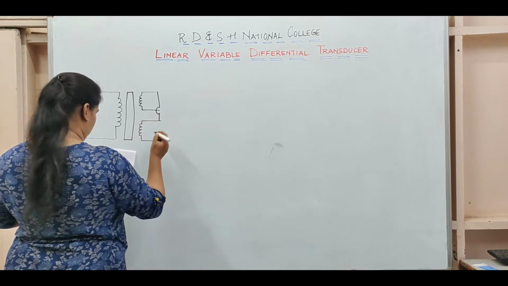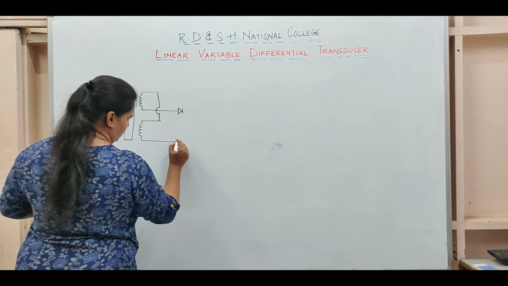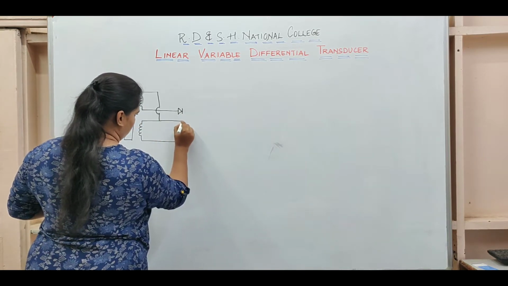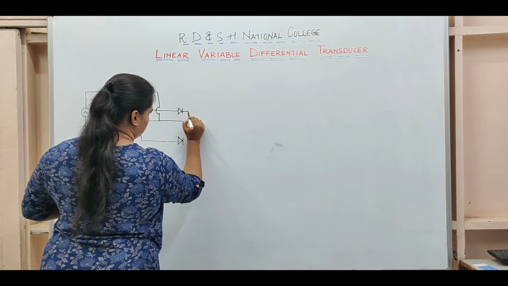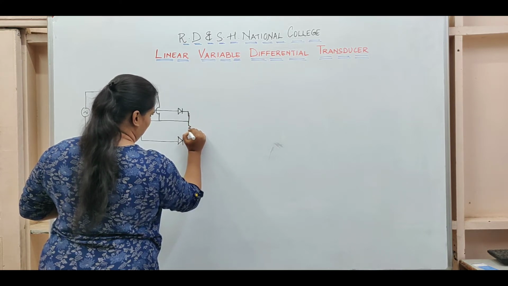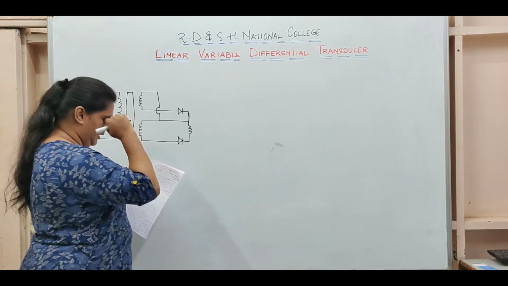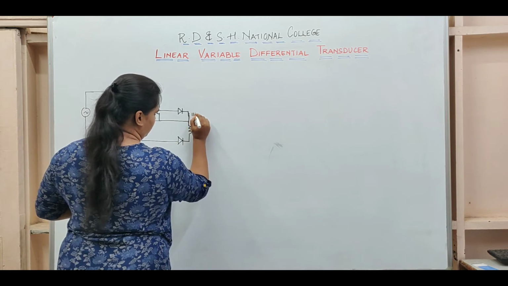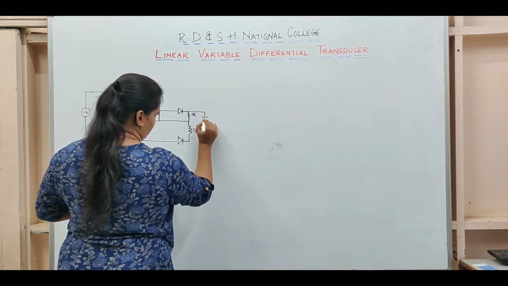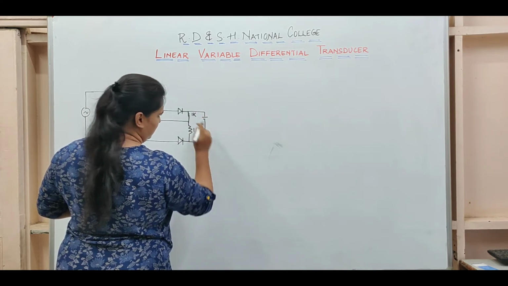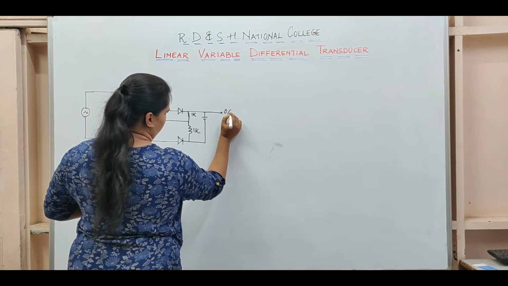I'll complete the circuit from here on. So here we have a diode, and even here we have a diode. This is the series connection of the two secondary coils. Here you have resistances. So this is the differential amplifier, as you can see. Not an amplifier exactly, but here you calculate the voltage difference. This is the voltage divider. And from here we have, this is basically for DC analysis, which I'll do later, followed by the output here.